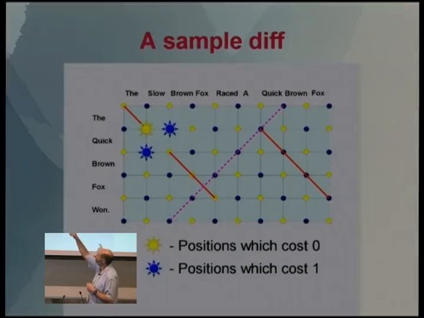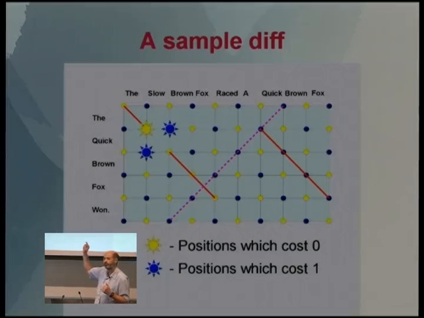And obviously if you came down, added all the new words and deleted all the old words, the cost of that would be 14 as well. But as you can see, there are some red diagonals that line up exactly where a word in the two lines match up, and the cost of those is 0, as you can imagine. So you want to find a path through the matrix from the top left to the bottom right that has minimum cost and goes through as many of those red bits as possible. But we don't want to actually store the whole thing in memory, so we just store the stars, the yellow stars and the blue stars.